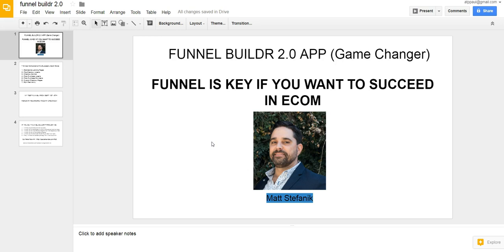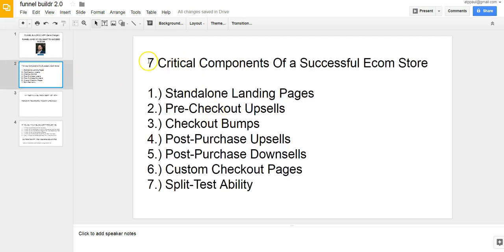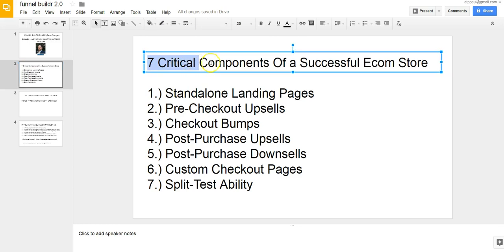So the Funnel Builder 2.0 app is a real game changer. It's a funnel building tool that kind of solves all the main conversion-related issues for any e-commerce store.